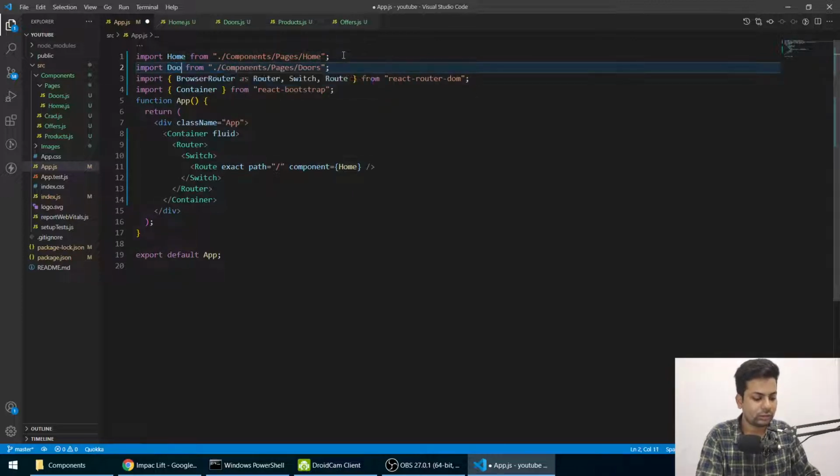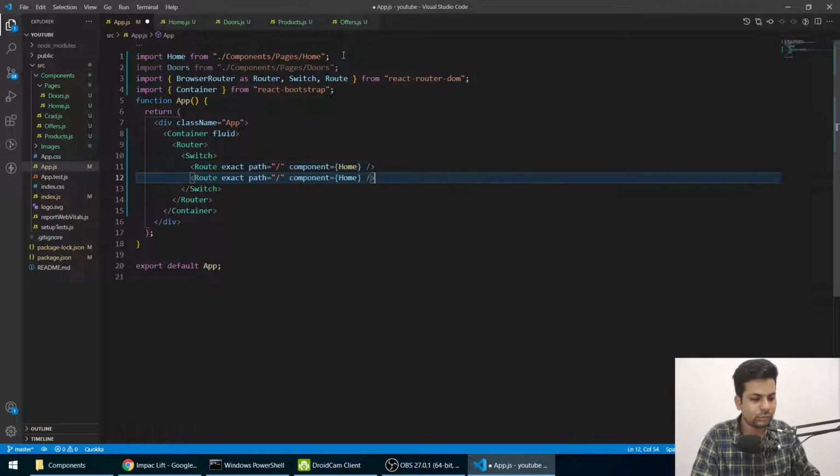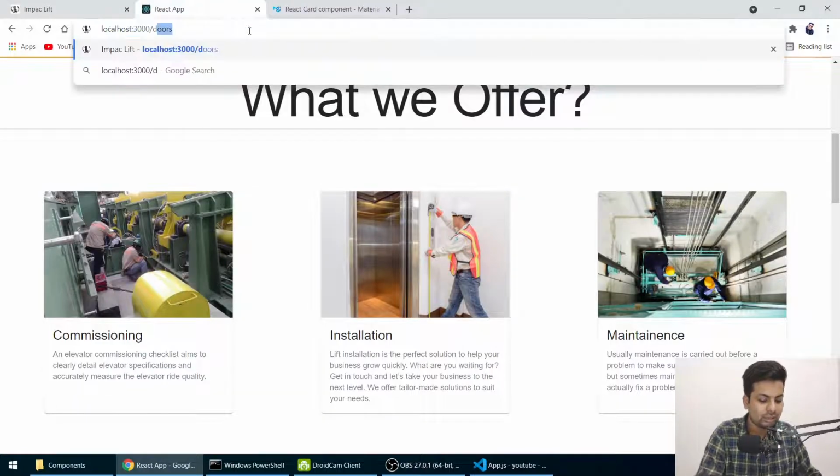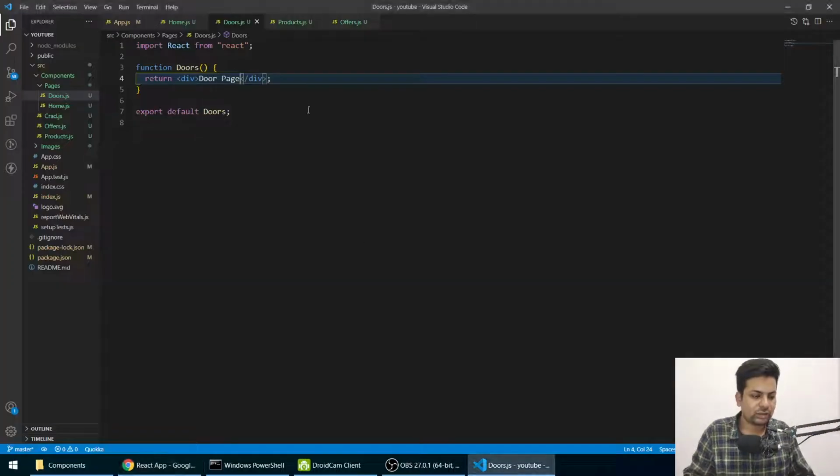Okay, and here I'll make a route for doors also. And here I'll say doors. Okay, let's just save it and check whether it's working fine or not. If I say slash doors, boom, door page. Okay guys, so let's start with the doors page.